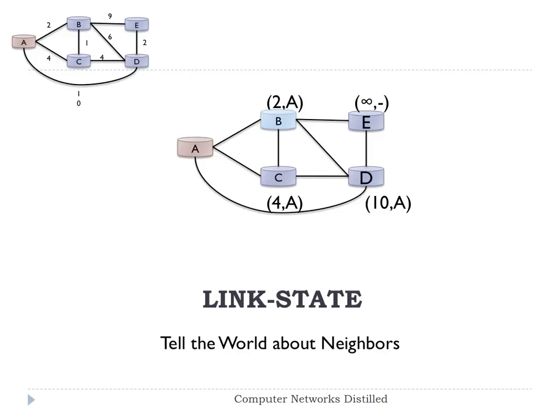We choose B because it's the least. It has the smallest D value, 2, right? 2 is smaller than 4 and 10. At this point, we're going to update and check, okay, well, how,